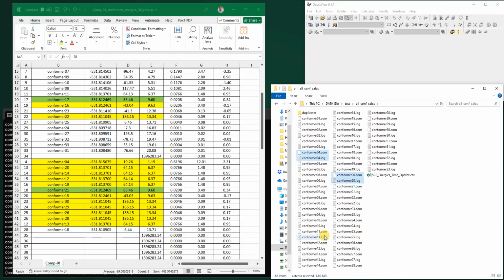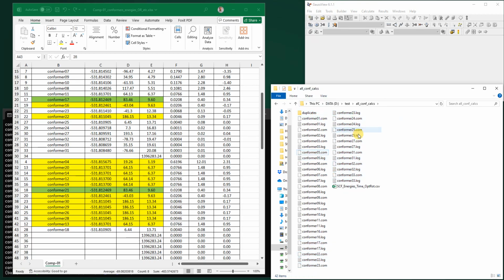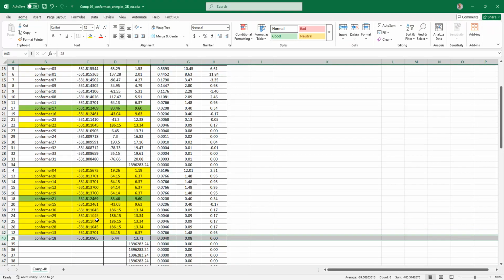Similarly, number 14, 12, 19, 21, and 15, 30, and then 29, 26, 28, 13, and 18. So we move all these to duplicates, and now we can simply delete them from here,